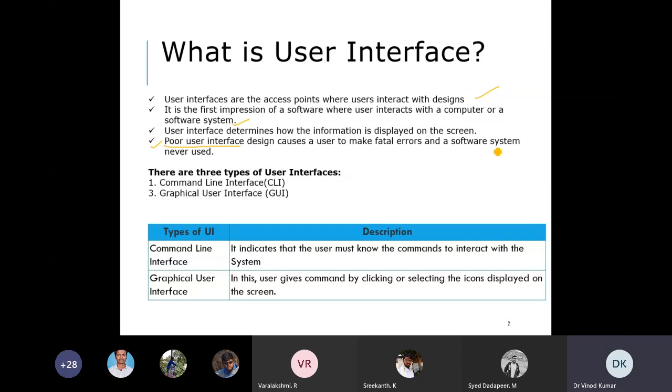And user interface is always created keeping in mind the user and the user's understanding, whether they are skilled, aware, have a little bit of knowledge about that system or not, whether they are novice or well skilled. So we identify the users, and based on the requirements of users, we create the user interface.